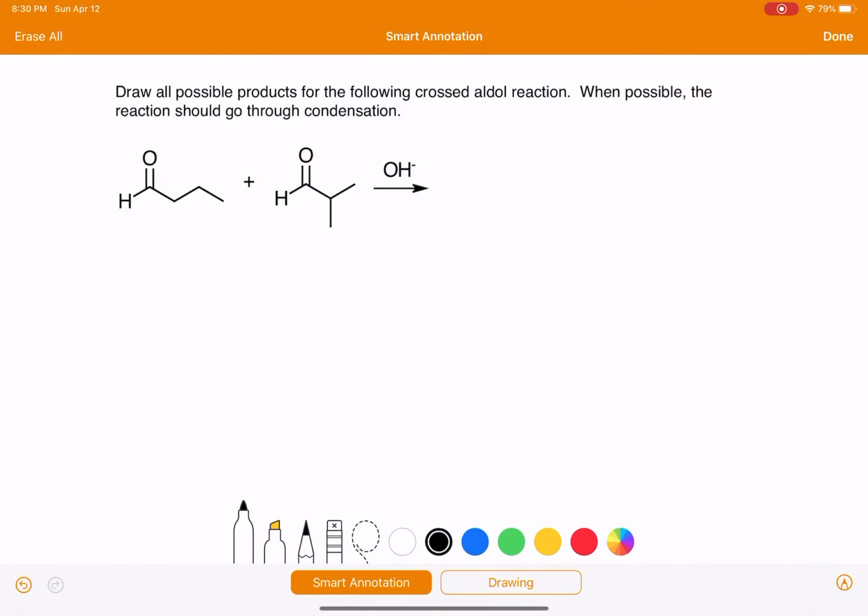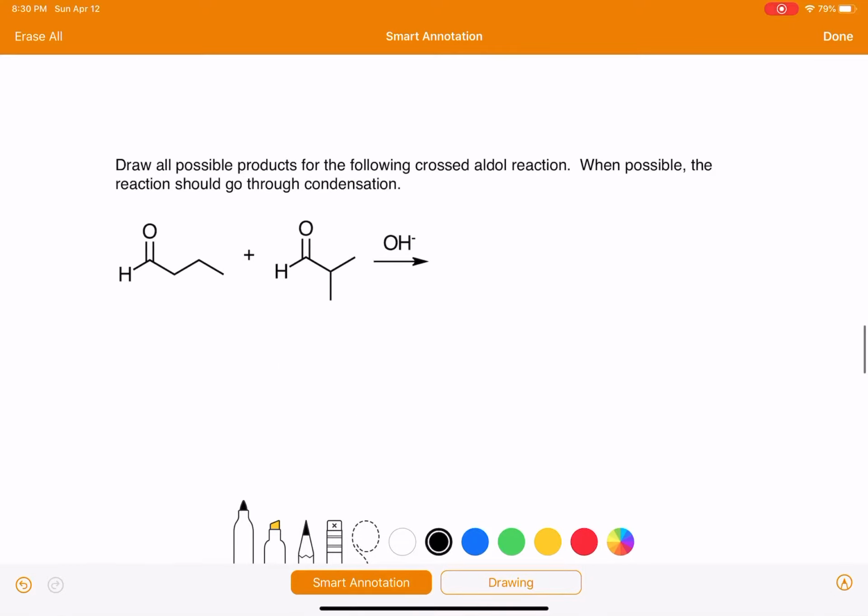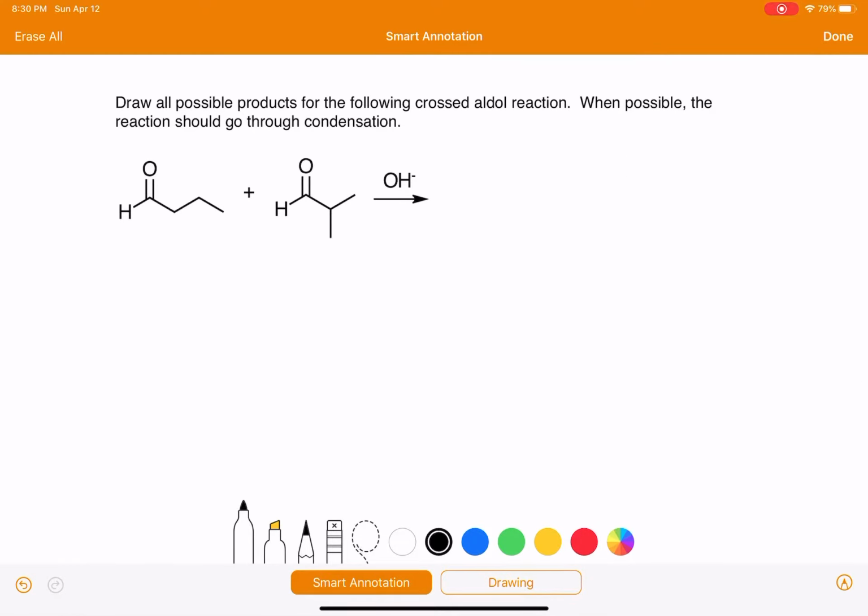And let's go back to this worksheet that we're working on. Here is a crossed reaction, and we're being asked to draw all the possible products, and whenever possible we should make the reaction go all the way to condensation. So it's kind of tedious when you're being asked to draw all the possible products, and this is not including stereoisomers. We're just looking at the structural isomers. It's a little bit tedious, but we're going to go through it. And we're going to work on finding some shortcuts instead of drawing the mechanism every single time to make it